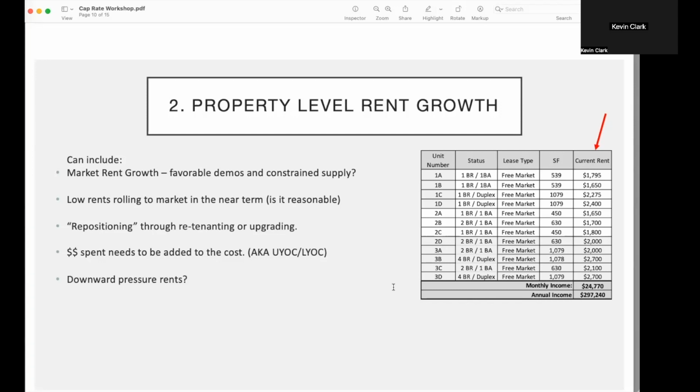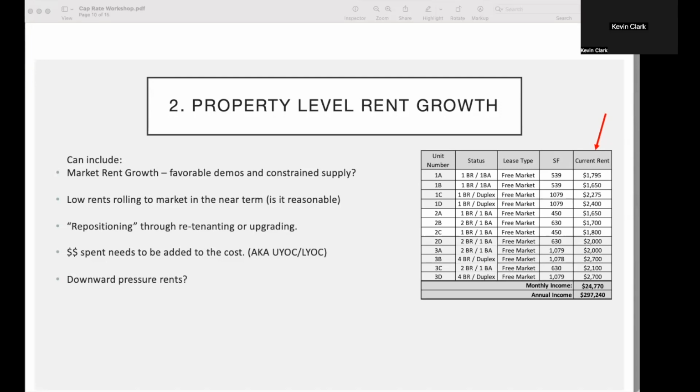People love to talk about Los Angeles. Not a lot of developable land. It's difficult to build there because of NIMBY and other things. If you can own an asset, you have a higher expectation of that rent increasing over time. You also can grow property level rents because you have relatively low rents. You got long-term leases rolling over to market. Market has rapidly increased over the lease period. And now you have rents that are 10, 20, 30, 40% below market. If you know that market really well, and that's the important key, that you can actually execute on this idea